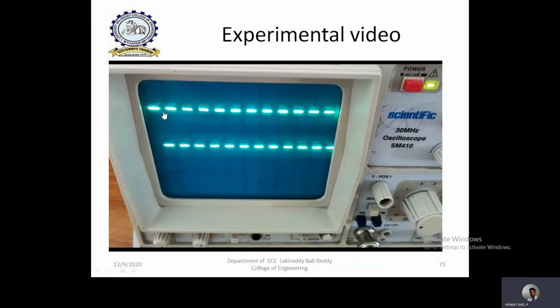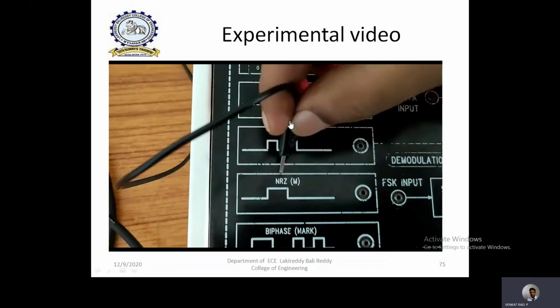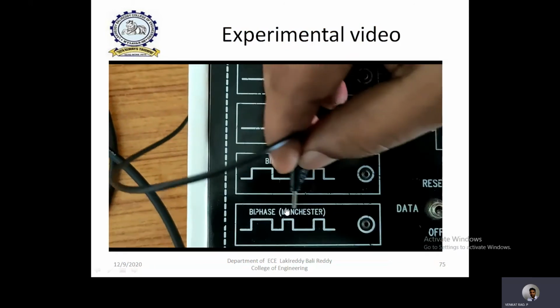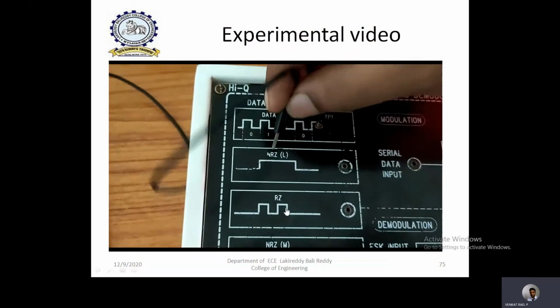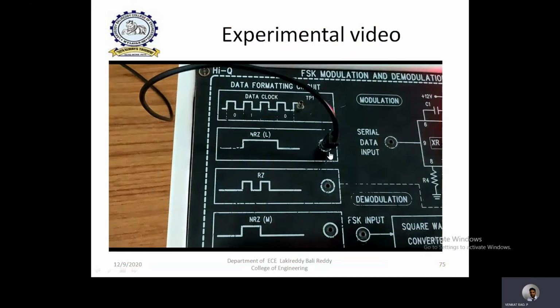All of you carefully observe this. If you want to observe the time period of the clock, this is the complete time period of the clock, both high along with low. So if you want to observe what the input data is, you need to compare it with this clock time period. Clear? Now let us take NRZ coding as an example. You can take any one of these line coding techniques. As an example, here I am taking this as the input. So connect this to the CRO probe.